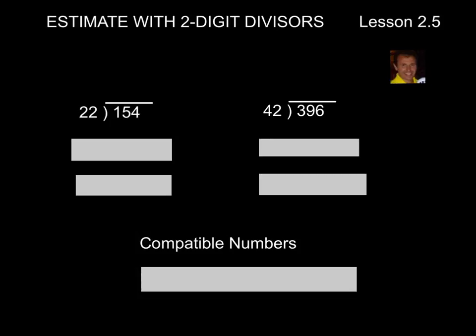Welcome to Lesson 2.5, Estimate with Two-Digit Divisors. Our essential question is, how can you use compatible numbers to estimate quotients? We are going to use compatible numbers